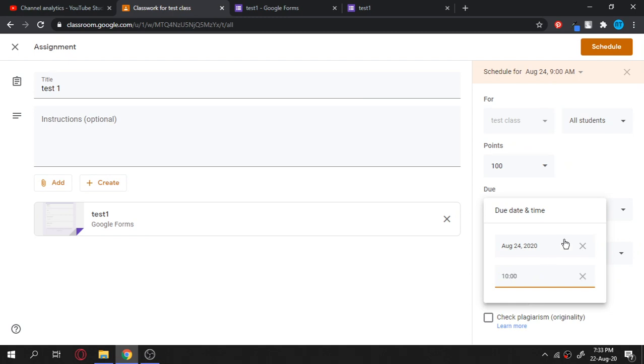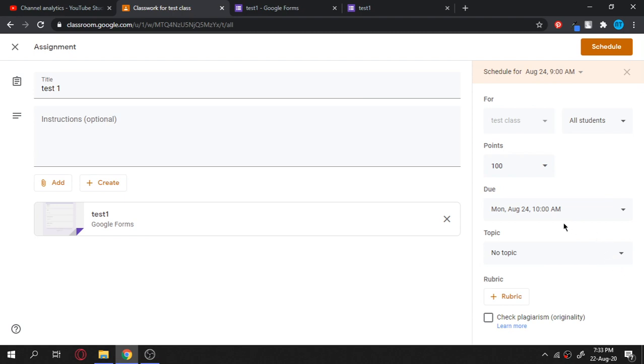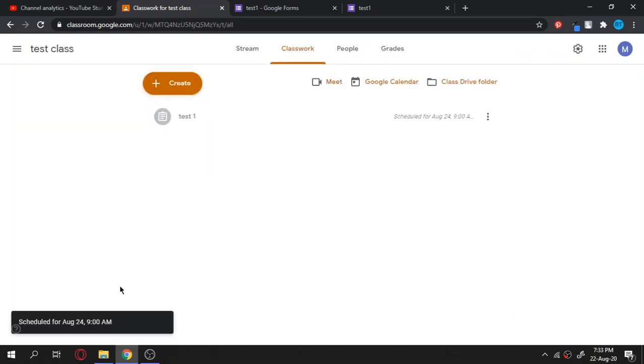Why? Because if you set the timer in the question itself, what will happen if the timer is out? The students will not be able to submit the question, so that will be a big confusion for the students. So let us have this option, that schedule the test for 1 hour more, or 1.5 hours more, based upon how long the test is going to be. Okay, and that's all. You can schedule the question by giving the schedule option, and finally the test is assigned to the students.